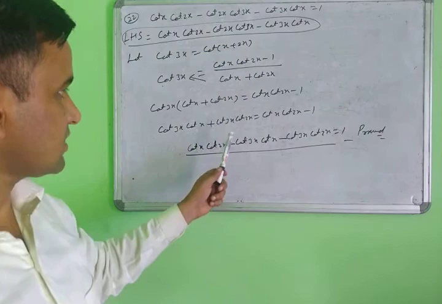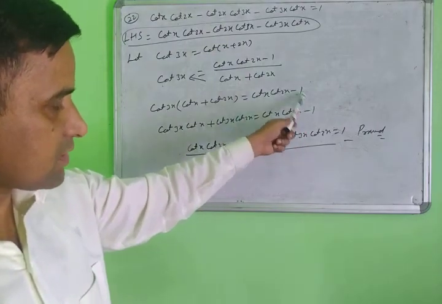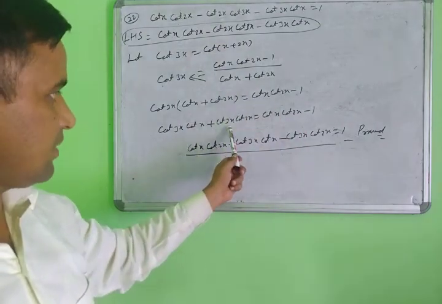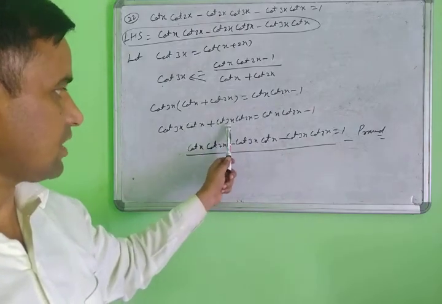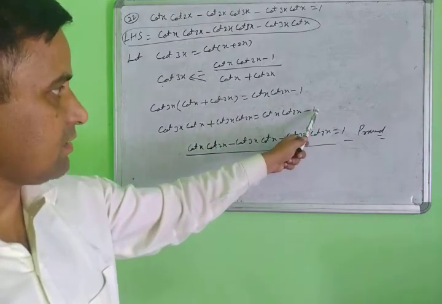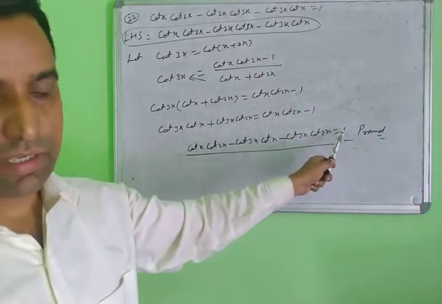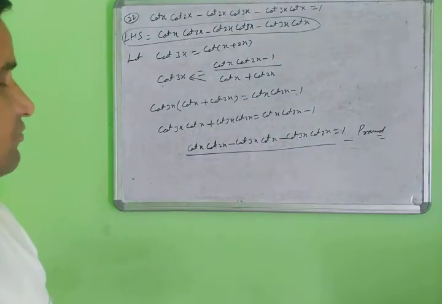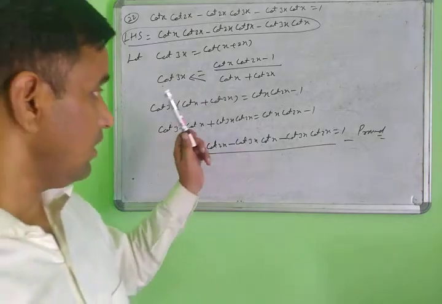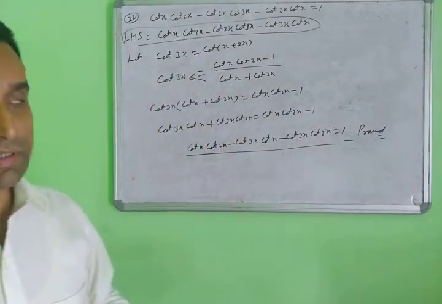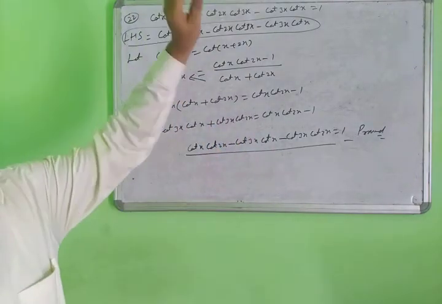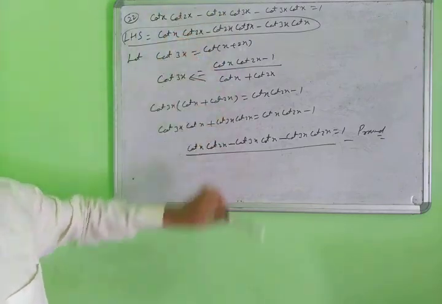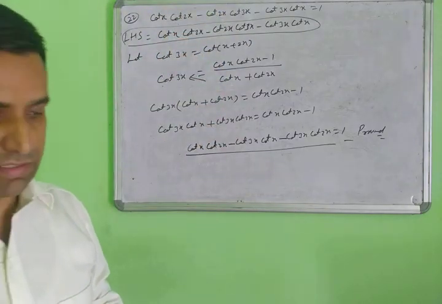Cot x cot 2x. So this plus 1 transferring to the left side, and this will convert to the right side. The positive converts to negative, and the negative converts to positive, then rearrange it and you get this answer. So this is a very simple thing. You note it down. Some questions have different identities, but if you use this technique, then you will get the easy answer. Yes, note down.